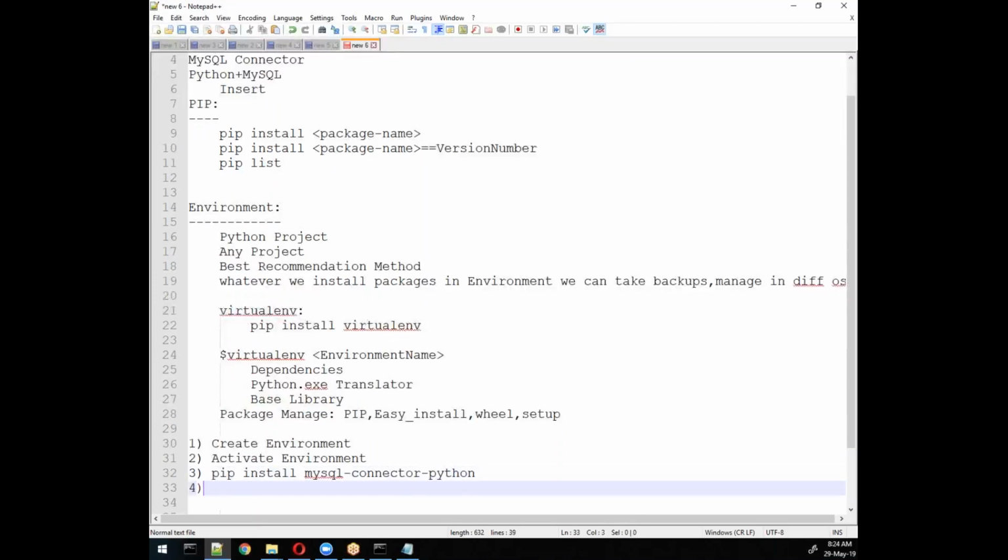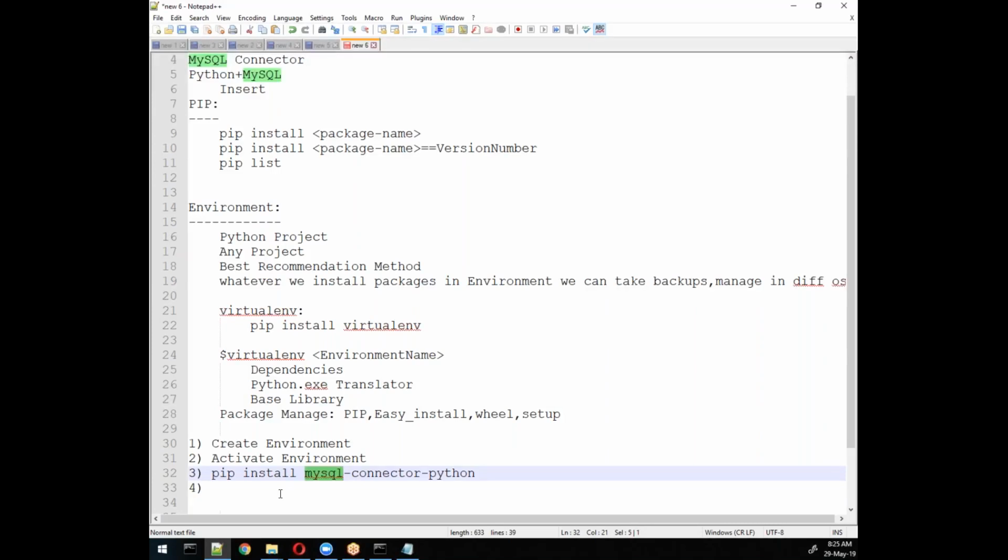For writing a program in Python for MySQL, you need only one connector, so that one I specified here. Now after that you need to write the source code in Python for MySQL connectivity.